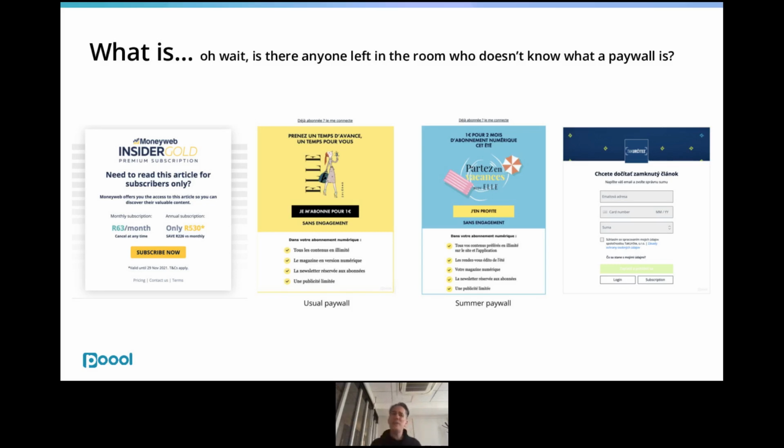If you see Elle, they really do a great job of expressing the benefit of becoming a member, a subscriber, here on the bottom, but also they play and change design according to season. Because what's interesting is, even if you say I've got great content, I launch a paywall, you're going to have to think about the way you show your value proposition in the wall and change it, optimize it. Because it's like banners. Readers, time after time, become blind. They don't see walls anymore. So you need to think about catching their attention.